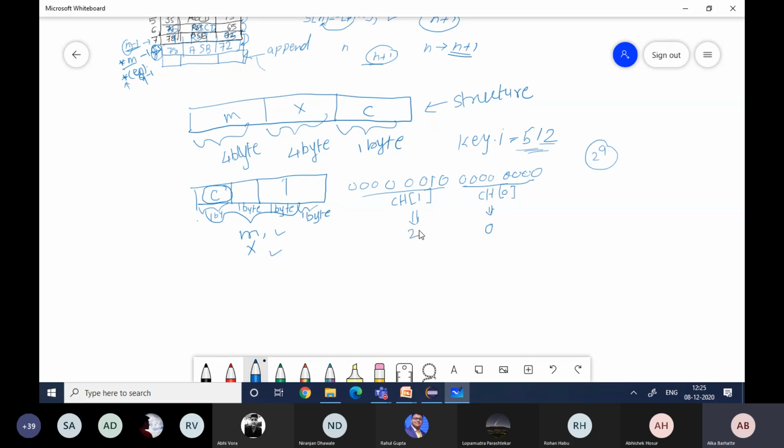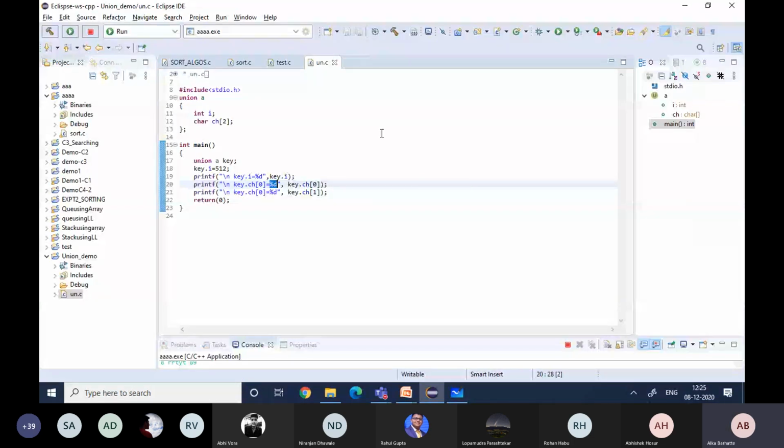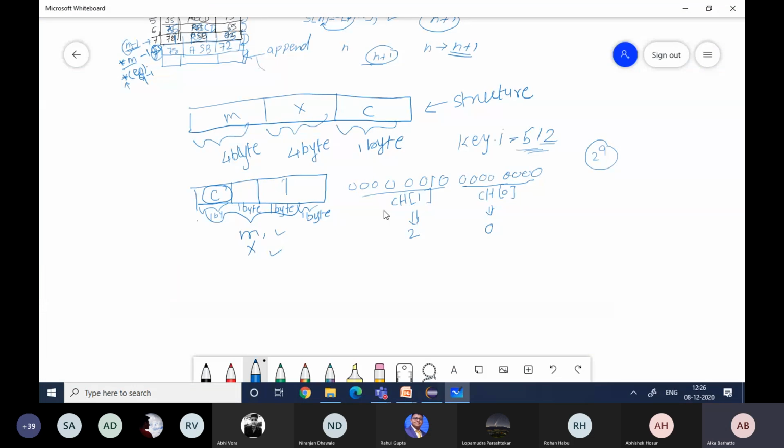So we will just check, and when we try to print the integer value corresponding to this key dot I, it should give us 512. Okay, so is this the representation? Before that all zeros, but those zeros are not shared by 4 bytes. That means this is 1 byte, second byte, and the remaining 2 bytes are represented by all zeros for this integer